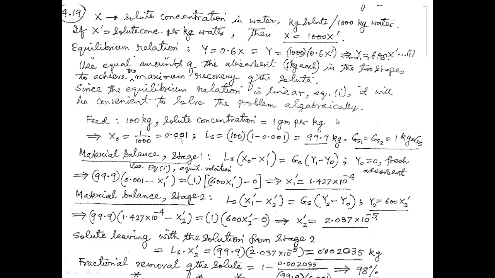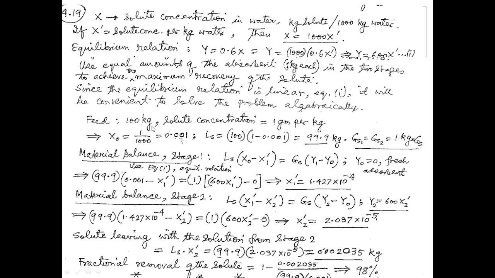I can solve this algebraically, or you can do it. So feed is 100 kg, okay, and solute concentration is 1 gram per kg. So x0 will be 1 by 1000, okay, that is equal to